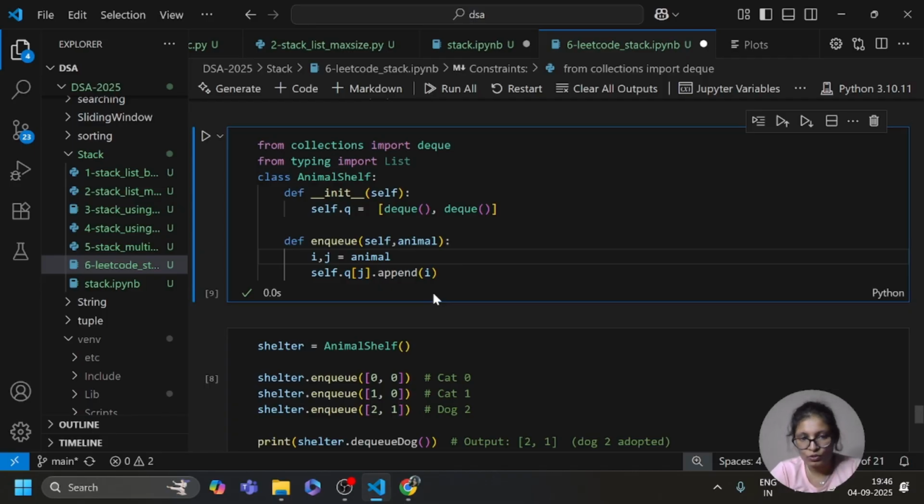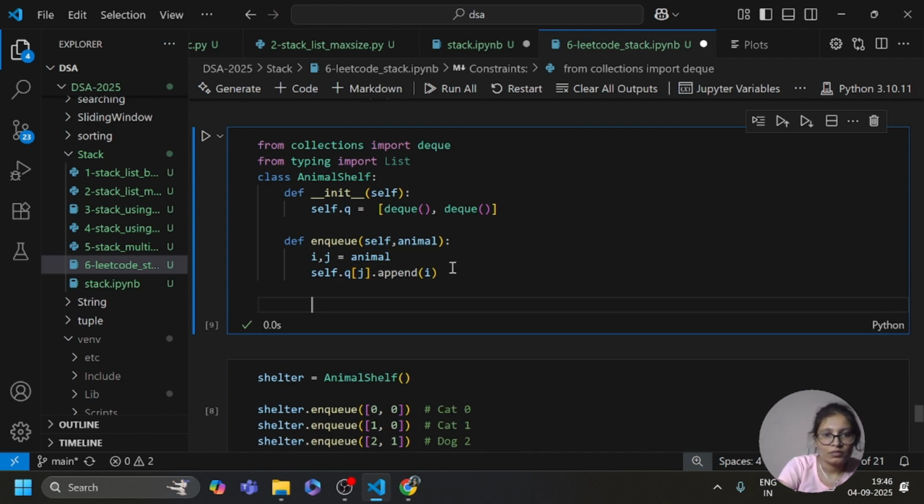If j equals 0, it adds i to the cat queue, and if j equals 1, it adds i to the dog queue.